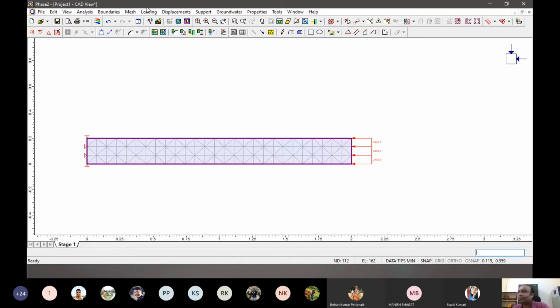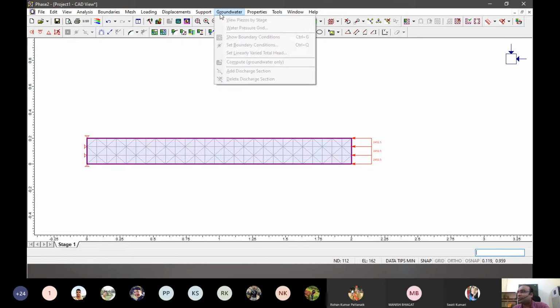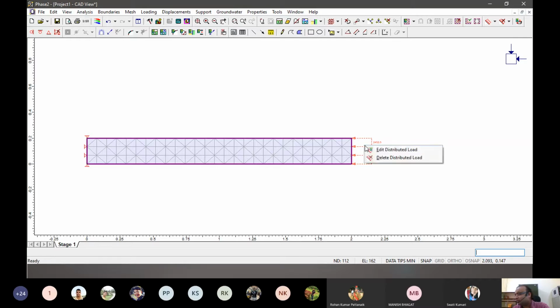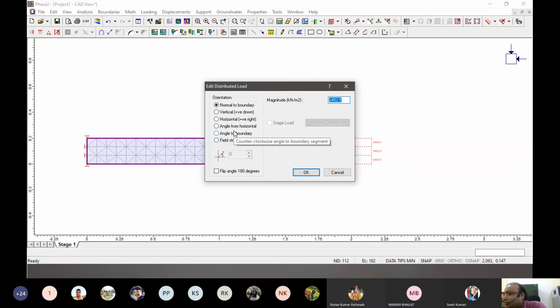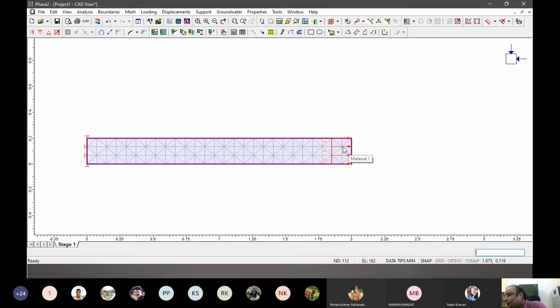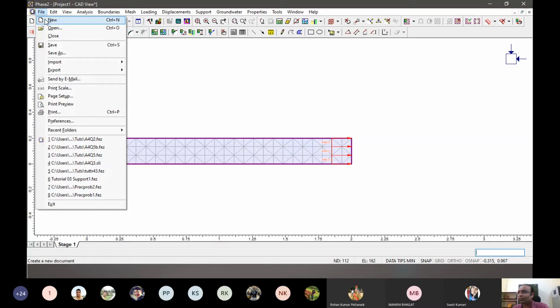Right now it is basically pushing it. We have to do a pulling operation. So let's do it again. In edit we go for flip 180 degrees, right? So that will basically be a pulling force or pushing from inside, whatever this model wants us to do. So that will work. Now this is one scenario. Swati tried another one. So first let's solve this one and see what we are getting.